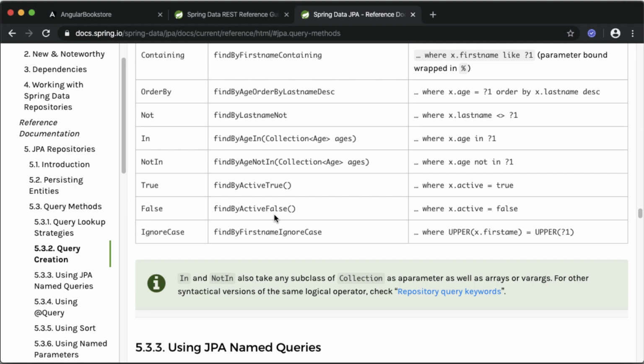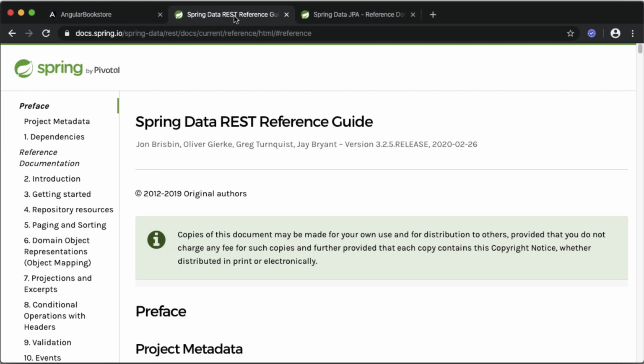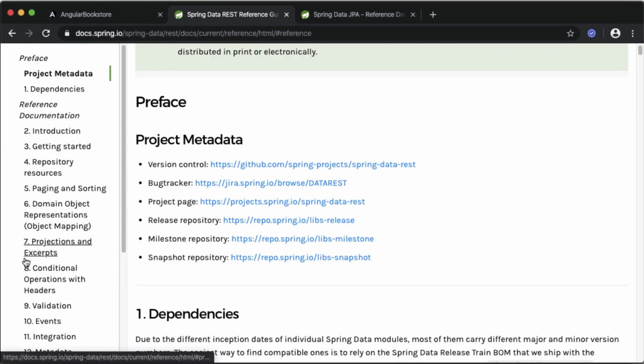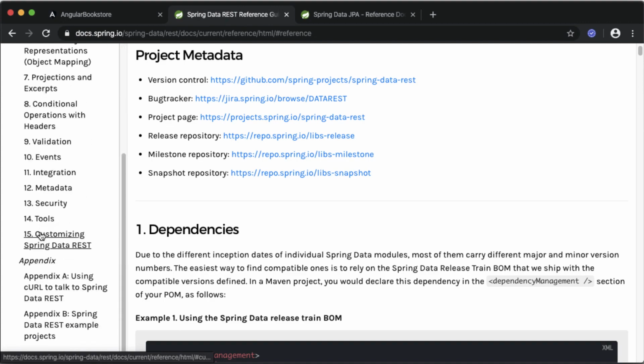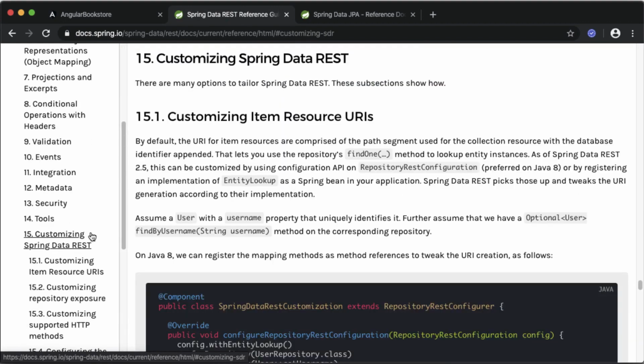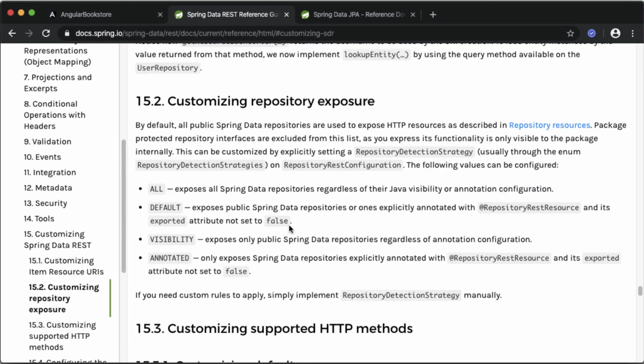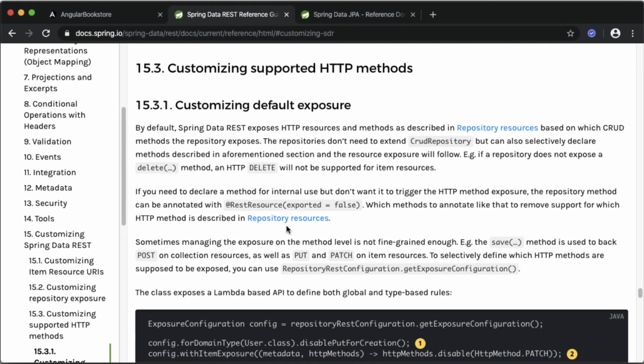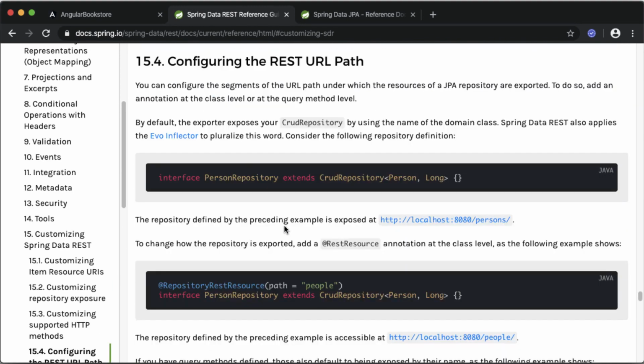Now I will show you where exactly the documentation lives for the query method REST endpoints. For that, go to the Spring Data REST documentation. I'll drop a link in the description section of this video as well. Go to the Customizing Spring Data REST section and scroll down to the section called Configuring the REST URL Path.